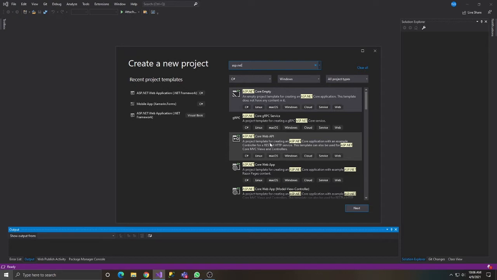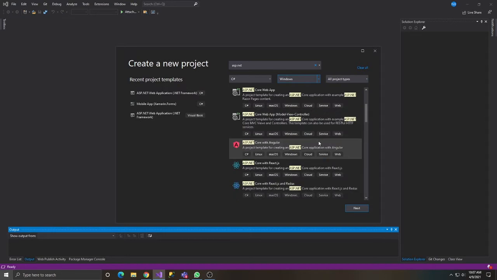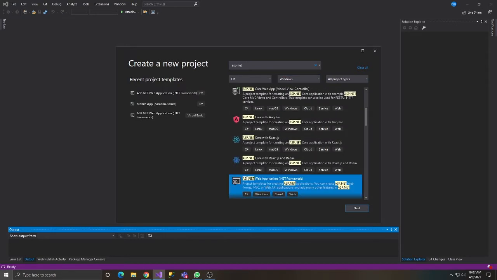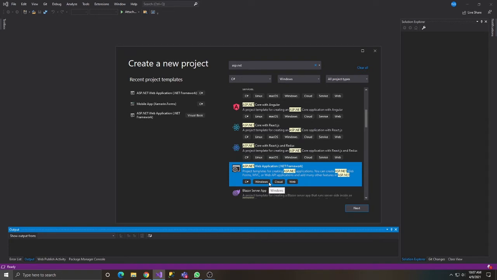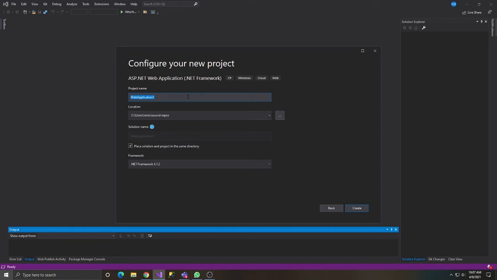Okay. So next is our programming language should be C Sharp. Now, if you are familiar with Java, C, and C++, now the C Sharp is the modern programming language for Visual Studio for Microsoft. Now, our platform, we say Windows, okay, and then just scroll down a little bit and find the web application. Web application .NET Framework, okay, and then click next. Then the name of the project. So I would say online store,